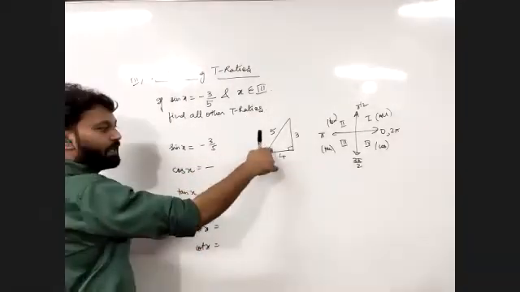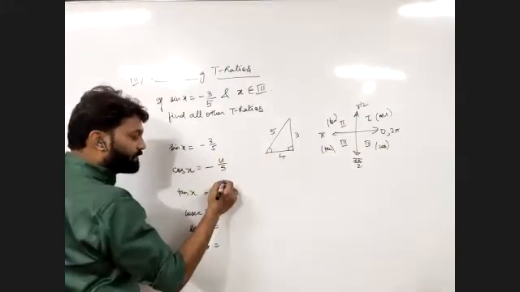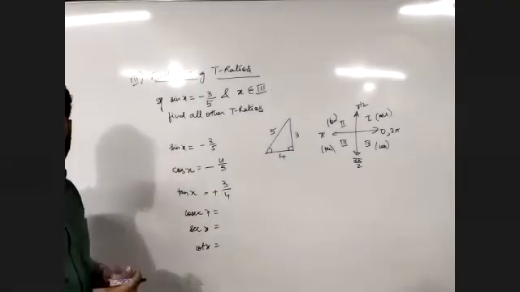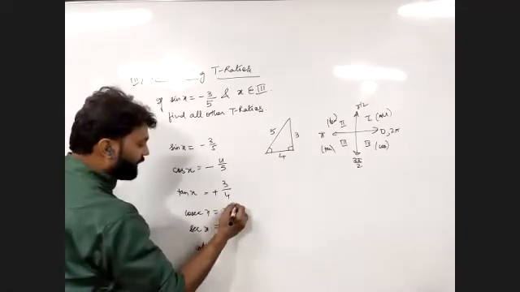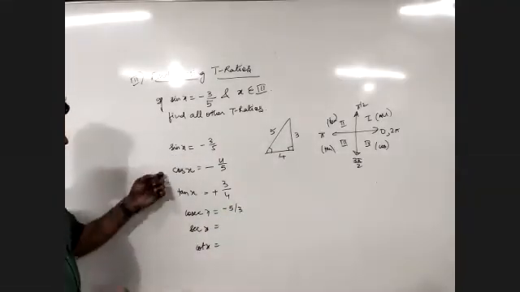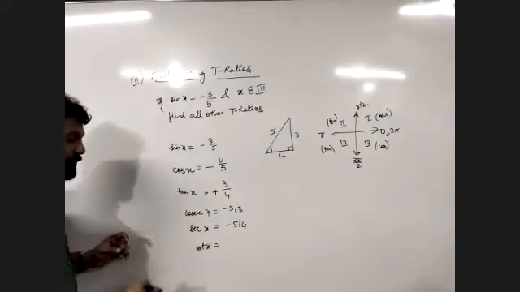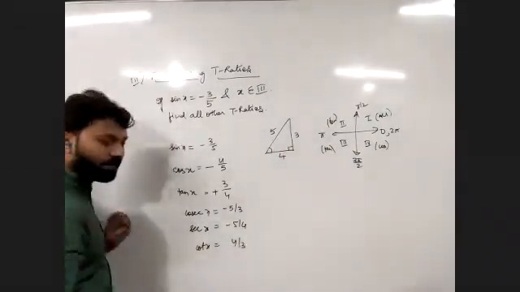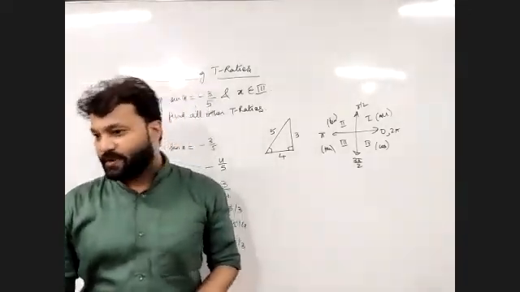Cos is b upon h, so 4 upon 5. Tan is p upon b, so this is 3 upon 4. Is it clear? And now cosec is the reciprocal of sine, minus 5 upon 3. Sec is the reciprocal of cos, minus 5 upon 4. Cot is the reciprocal of tan, which will be 4 upon 3. So this is how we find out the missing t ratios in case one t ratio is given and the